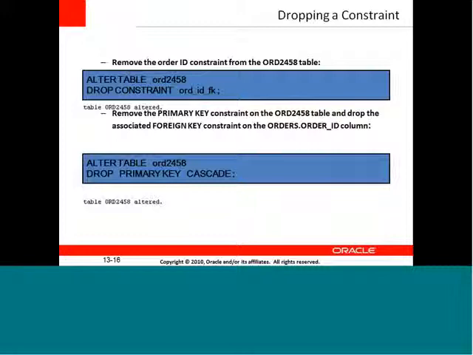Here one example tells us to remove the order ID constraint from the orders table. That is the foreign key. The foreign key I have created on the table, that is the employee order table, and the order ID table is there. Now the orders table has a foreign key which references an order item table or an order detail table. So this foreign key I don't want anymore. I want to remove this foreign key because I've got a primary key and the other primary key is there, and the table is already being joined.